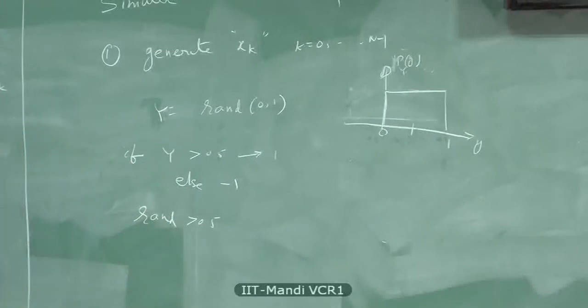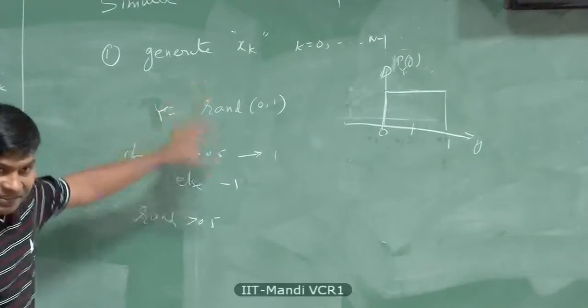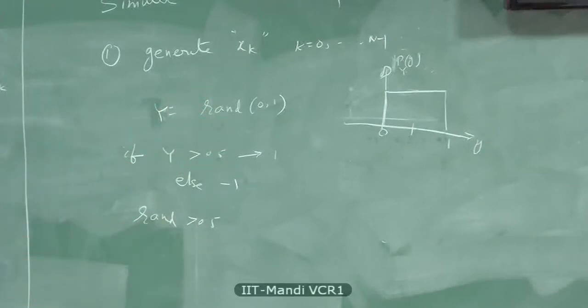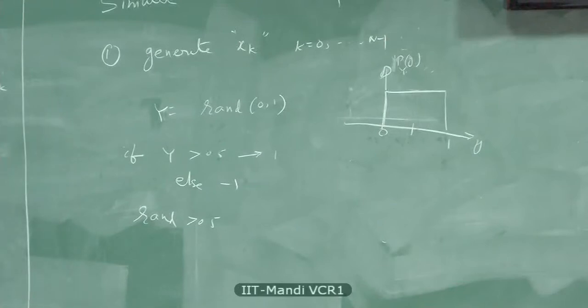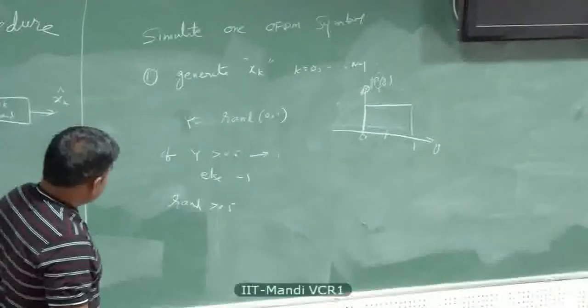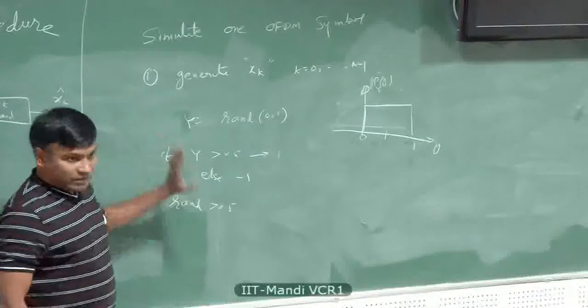I don't want you to use the mod and demod functions. At this level, when you learn how to simulate a communication system, don't use built-in functions like mod, demod, awgn. They are meant for people who are experts. Right now you're still learning the ropes. Once you know all these things, then you can go on to use built-in functions. Don't use built-in functions, because once you use them, the amount of learning is very limited for you. So this is how you will generate plus 1 minus 1.